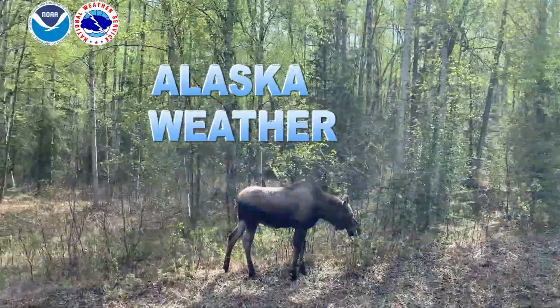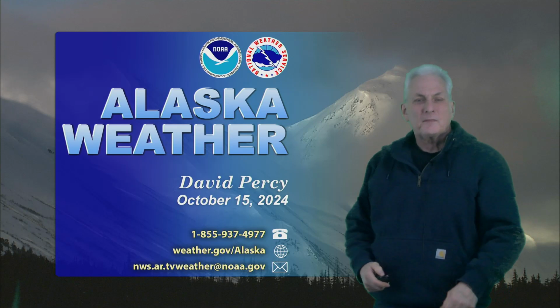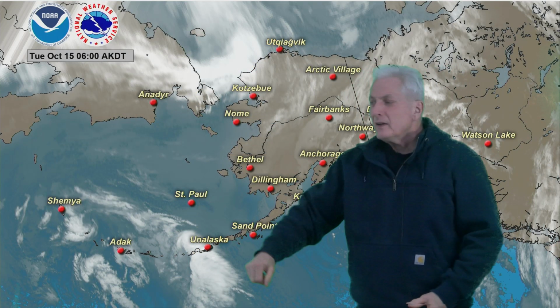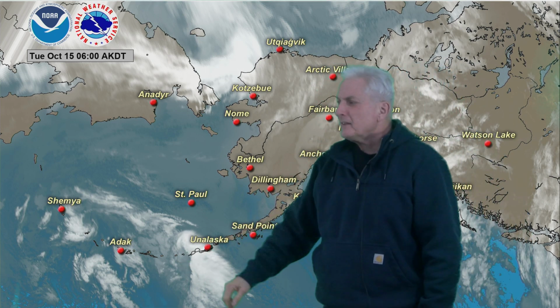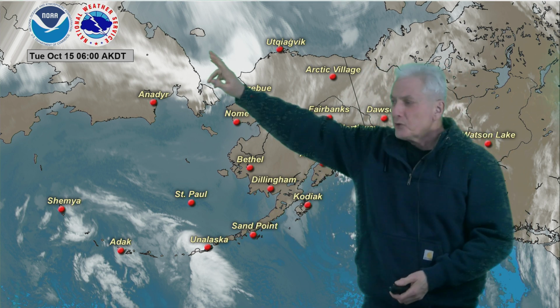And now, the general weather around Alaska. Well, we've got a front bringing some light rain in the system here out over the central, pushing into the eastern Aleutians there, but pretty light rainfall amounts with that. And that, at least up till now, staying south of the Pribilof Islands,